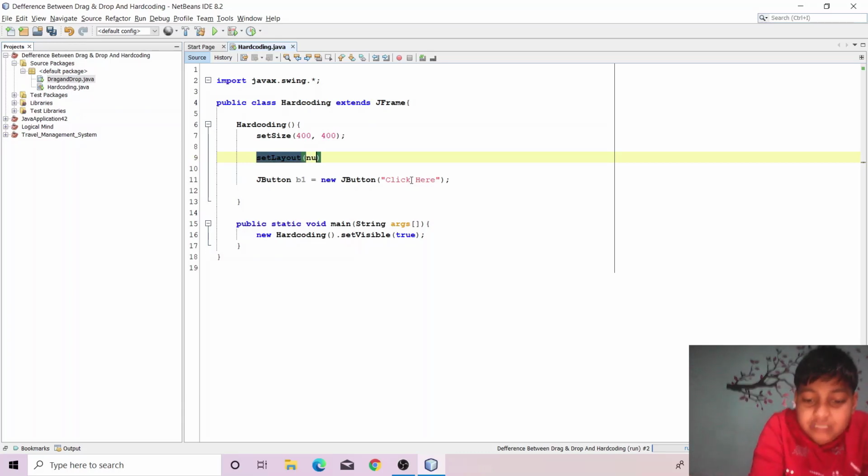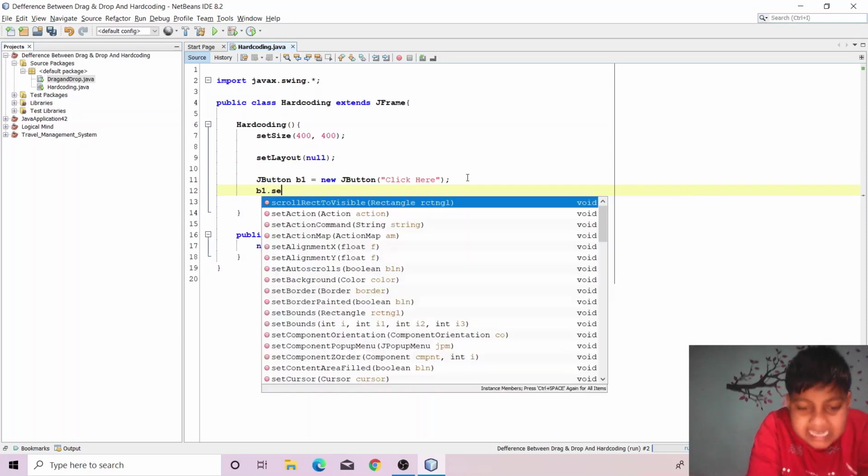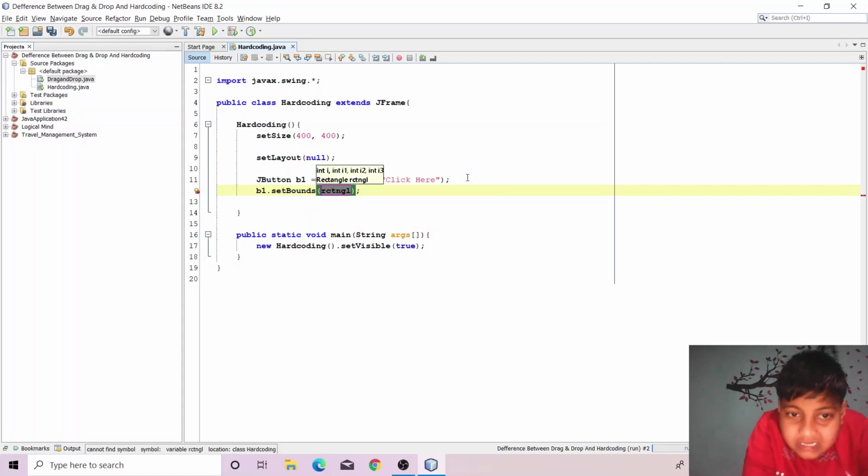So set layout null you have to do, and then type b1.setBounds, which is a function to set the size and the location together in only one function. This takes four arguments. The first two arguments are the location, and the second two arguments are its size.